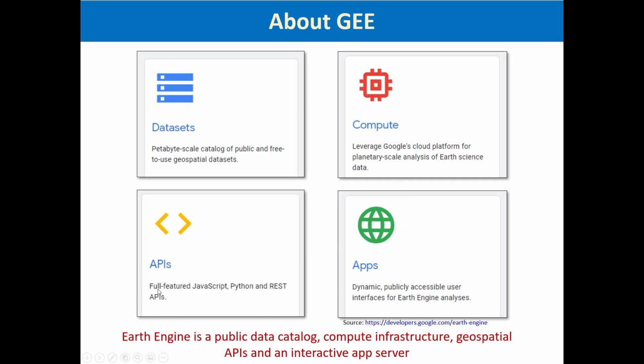Google Earth Engine also comes with a fully featured JavaScript application programming interface, which also has a web-based integrated development environment, which is nothing but the code editor which we are going to work upon. There are other application programming interfaces like the Python API and REST API, which don't have an integrated development environment. The benefit of having the integrated development environment is that it is user friendly. You can write the code, customize your scripts, and then execute them.